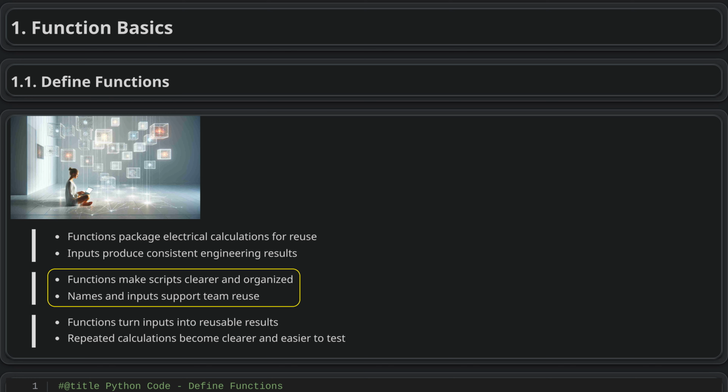Using functions in a script makes complex electrical analysis easier to read and maintain. Well-named functions keep calculations separate from tasks like reading sensors or checking limits, so the main script shows the overall purpose more clearly. They also make teamwork easier, because one person can create a reusable calculation that others can apply